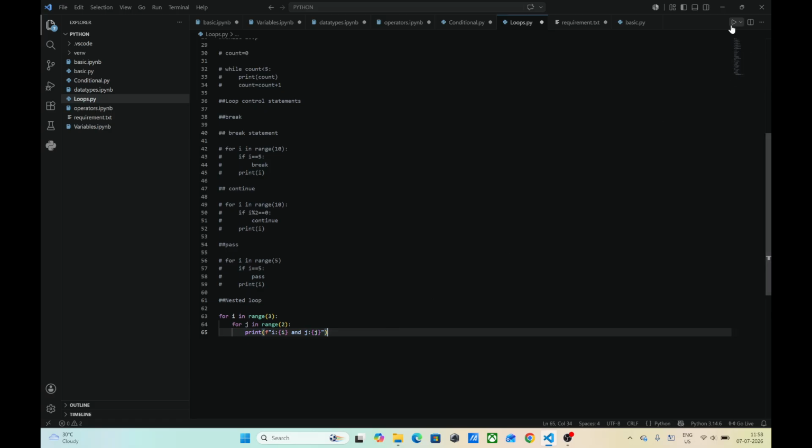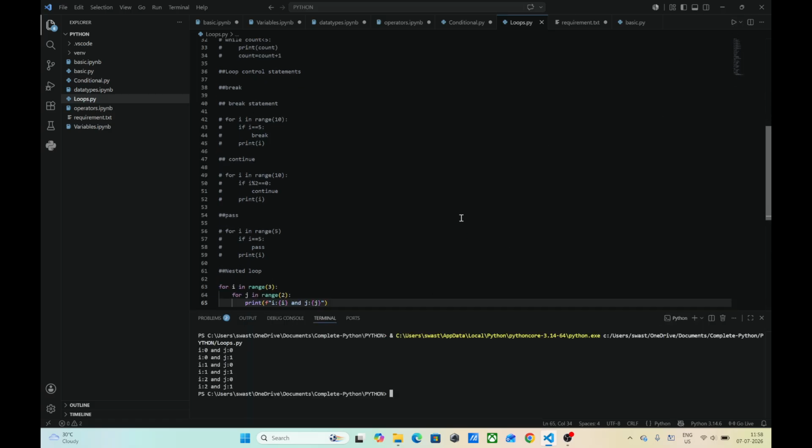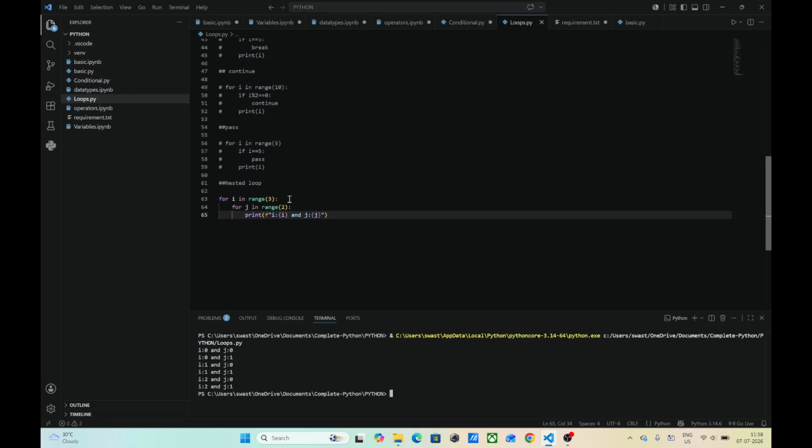Now run this. When I run this loop, for i in range, i is the outer loop and j is the inner loop. So when i is 0, j is also 0; i is 0, j is 1; i is 1, j is 0; i is 1, j is 1; i is 2, j is 0; i is 2, j is 1. So when i is 1, it is entering into this loop, and for j in range,